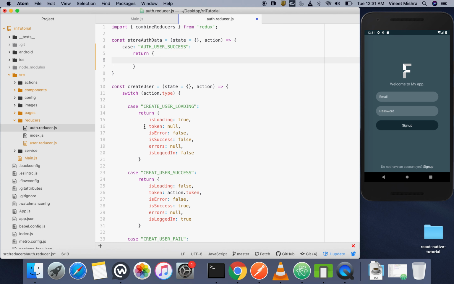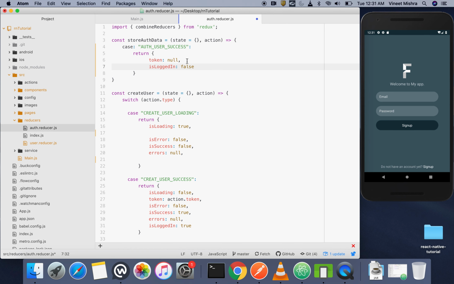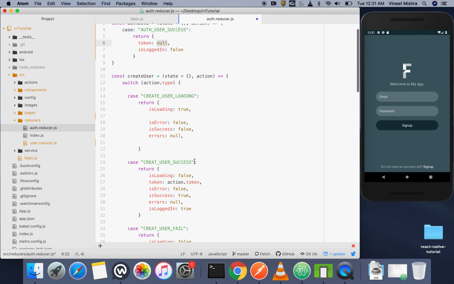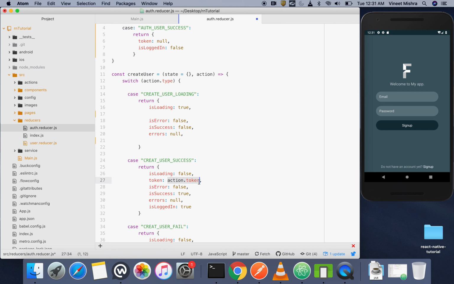The state will be two things. One will be the token, which I'll cut from here and paste it here, and the is logged in property, which we will access from the store auth data. So instead of this name, we can simply write auth data. This name sounds good. The token will be action.token, and is logged in will become